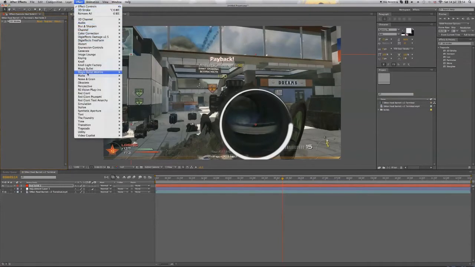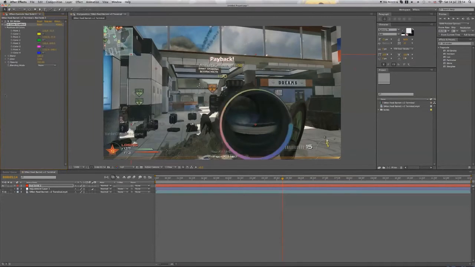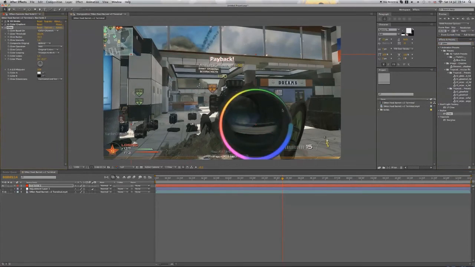So next, what I'm gonna do is I'm gonna go over to effects, generate, and I'm gonna click on 4 color gradient. And this is basically what I use to give it the rainbow effect. Obviously over here you can change all the colors, pick the colors that you like, but I'm happy with that, so I'd leave that. So next I'm going to go over to the effects and presets and type in glow,